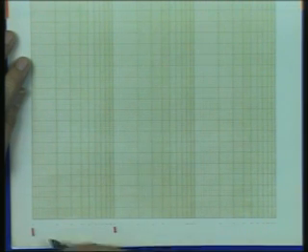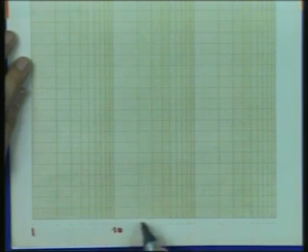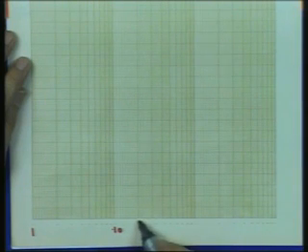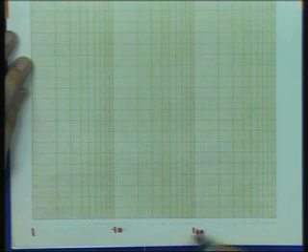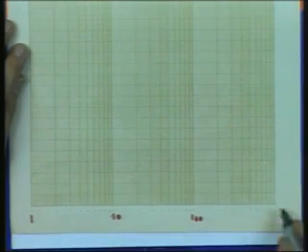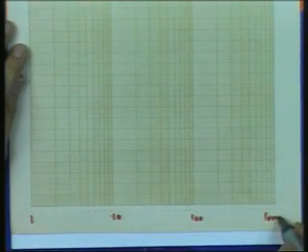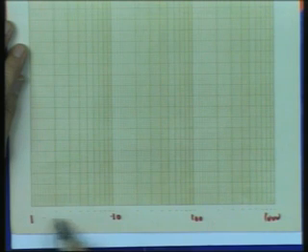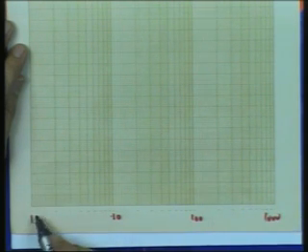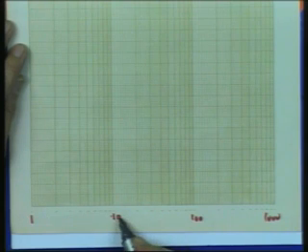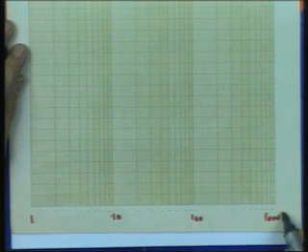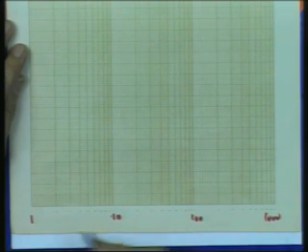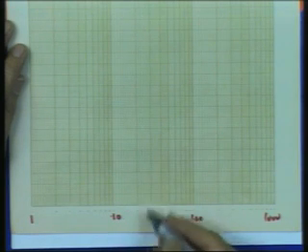So if this is 1, then this is 10. Then again you will see 2, 3, 4. Now this 2 does not mean 2, but if this is 10, this means 20. Then the next one is 1, but that is not 10, now it is 100, and finally the last one is 1000. So my paper is now ready to use for omega marked as 1 radian per second, 10 radian per second, 100 radian per second, 1000 radian per second, or I can use hertz, cycles per second also,